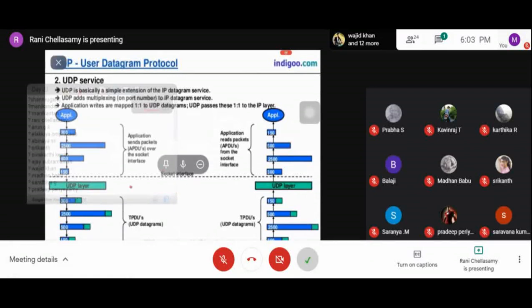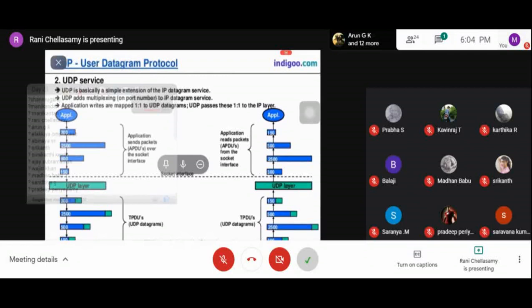The UDP layer is the transport layer, handled by the UDP protocol, and the same packets are sent to the next layer, the IP layer, that is the network layer. The IP layer passes these packets to the receiving side.